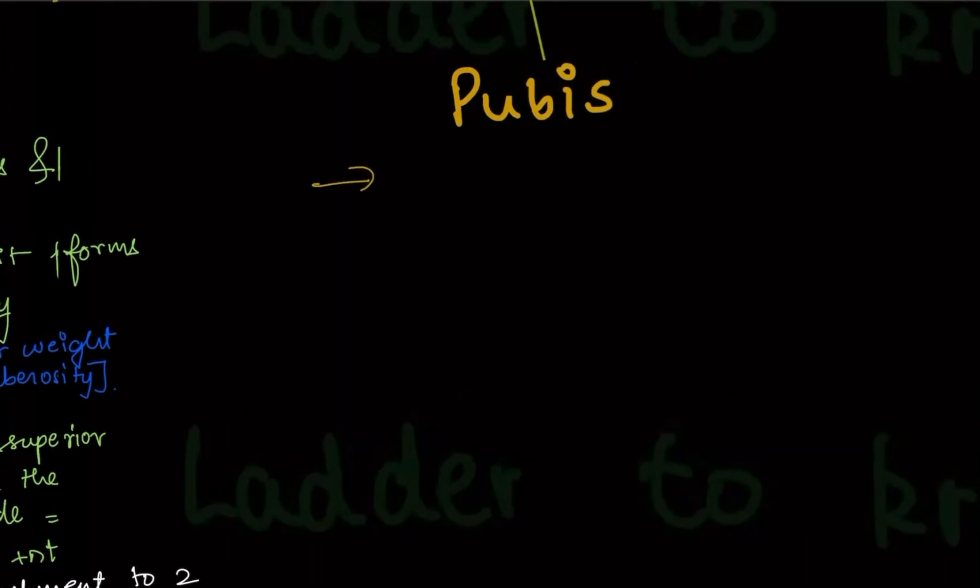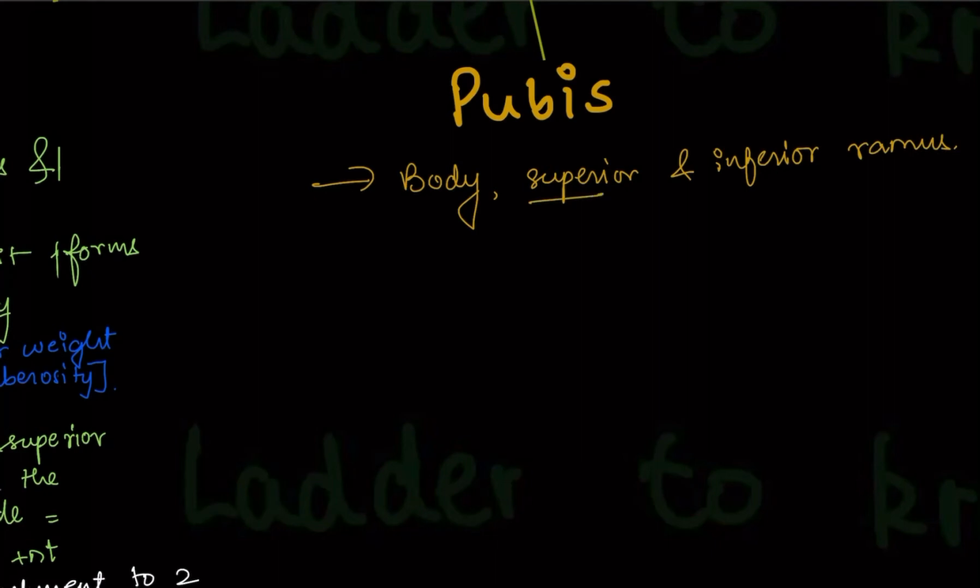Now let's move on with the pubic bone. Now this pubic bone, like ischium, is also having similarly body, a superior and inferior ramus. Okay. Among this, you must know this superior ramus will form part of acetabulum. In the beginning, I said you acetabulum is formed with the help of all these three bones, right? So, from the pubic bone, which part? The superior ramus part will form the acetabulum.